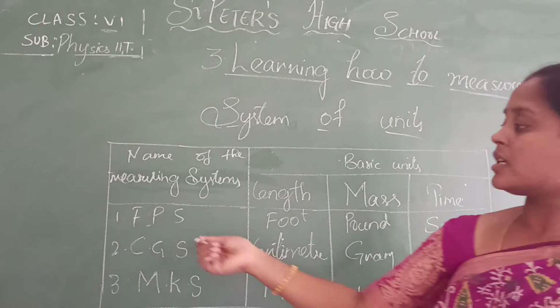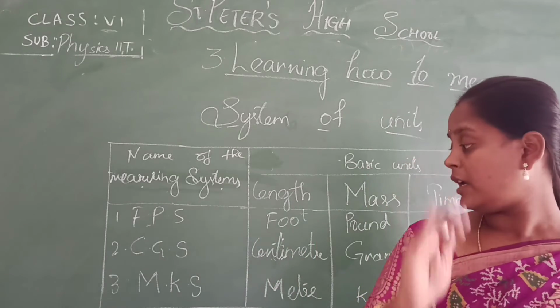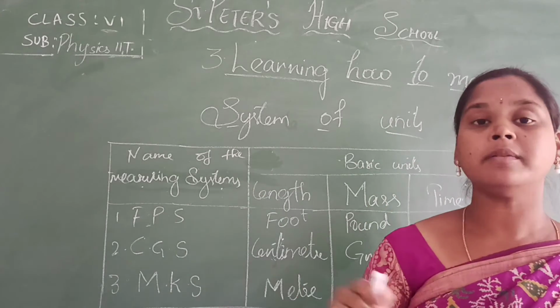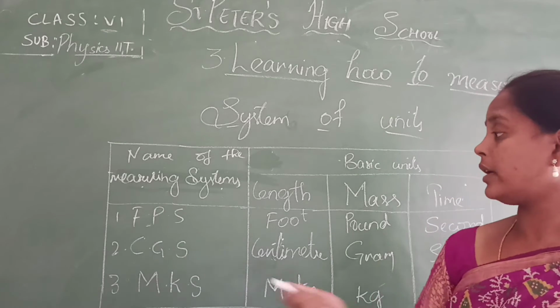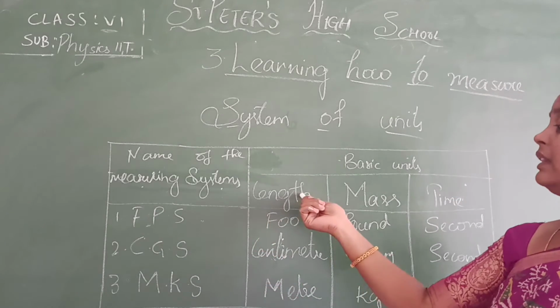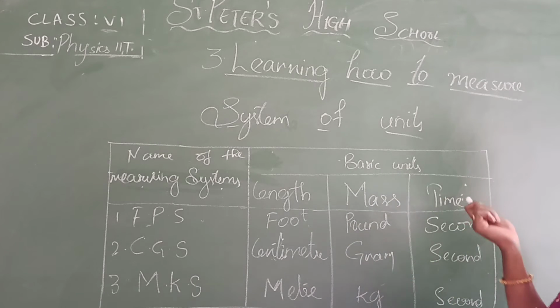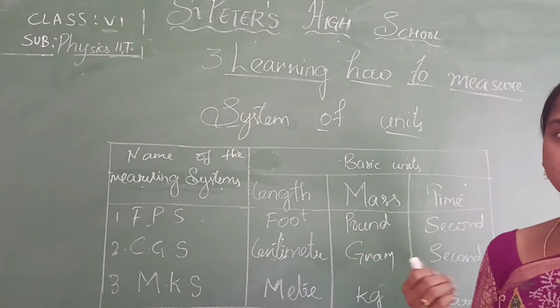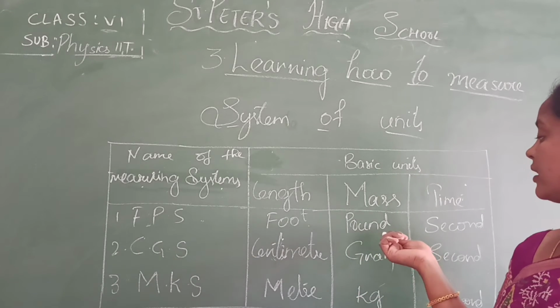So here this is the measuring system name, what we call the system, CGS or MKS. Along with the MKS we even have the SI unit also. Okay. So here FPS is nothing but length is measured in foot, mass is measured in pound, and time is measured in second. Do we know mass? Weight. How much weight it is having? So it is measured in the weight.